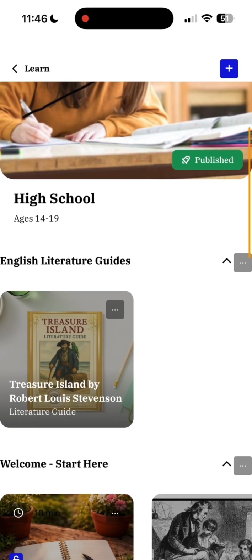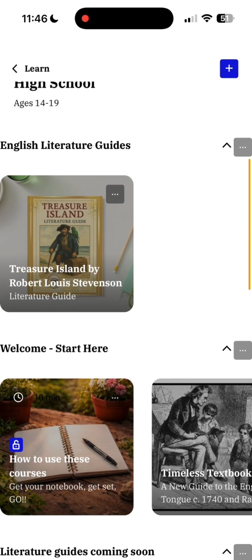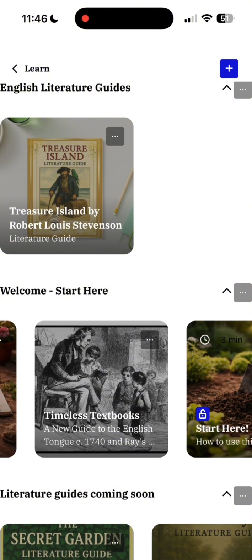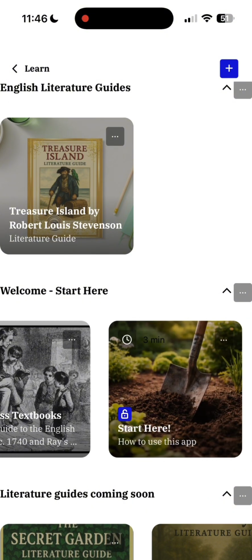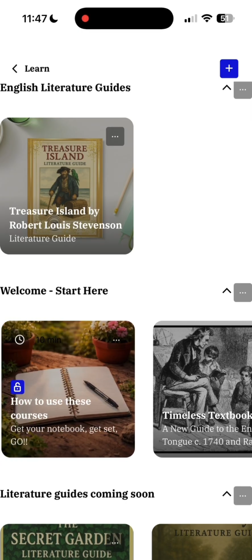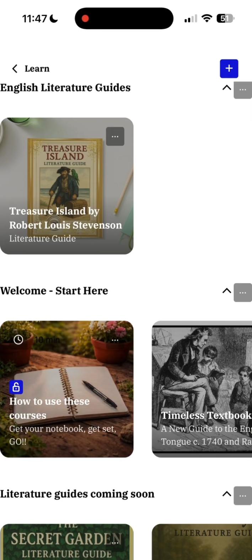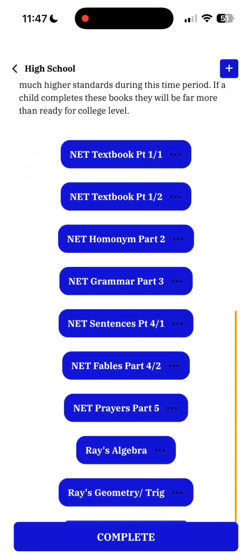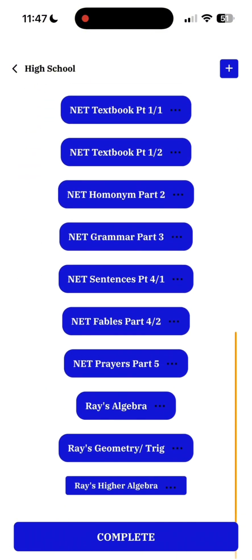So here's high school. It's set up quite a bit different. You've got advanced literature guides. We start with Treasure Island, and then you have some notebooking information here because they all use the notebook method, but high school especially, they're independent and you want your child to do the notebook method themselves. Timeless textbooks, yeah, all of those parts are in Timeless in high school,